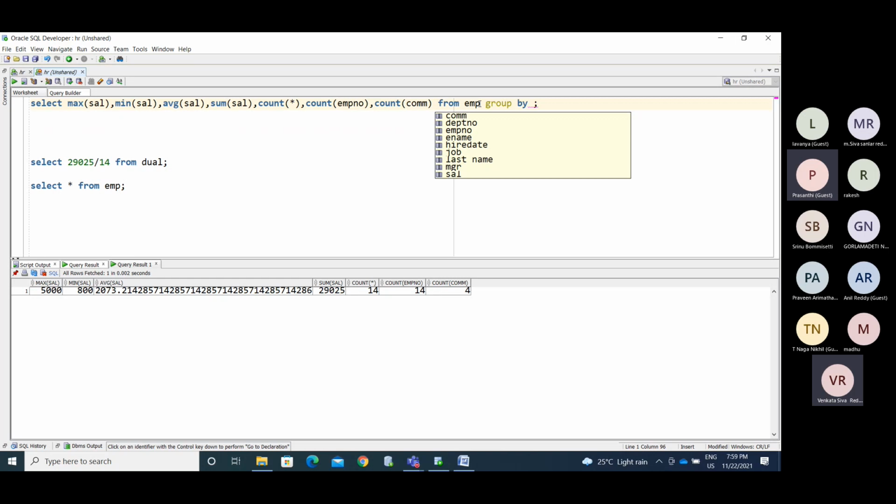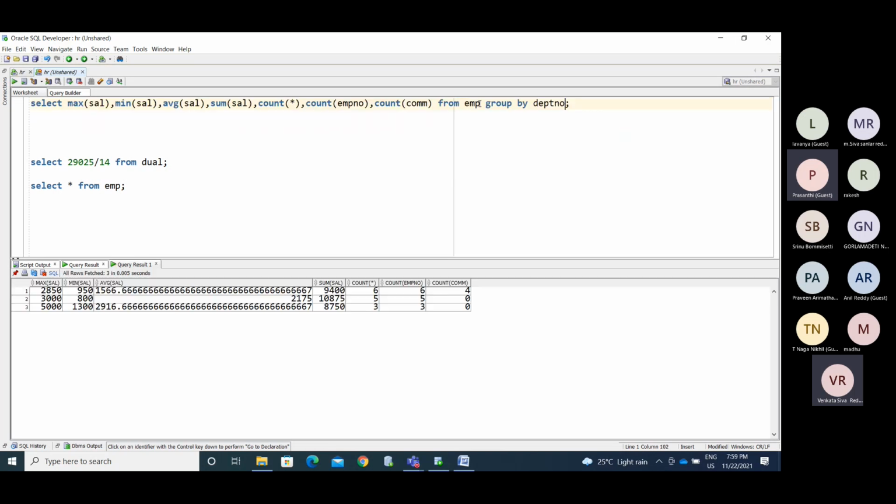So group by clause, like DEPT number. See, now I bifurcated the data department wise. You don't know which department this maximum salary is for, which department this is for. You are not able to identify here. To identify that, use the grouped column in the select list.